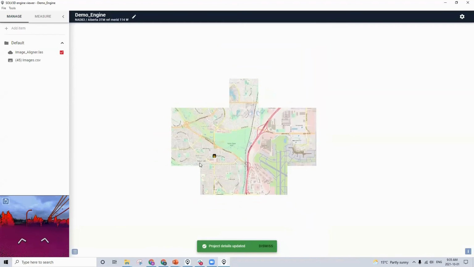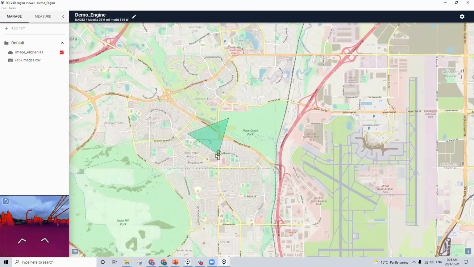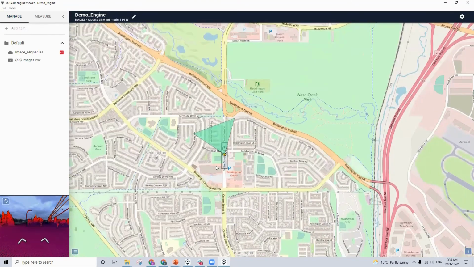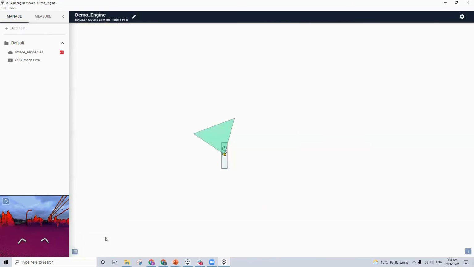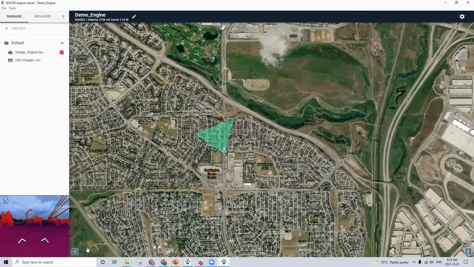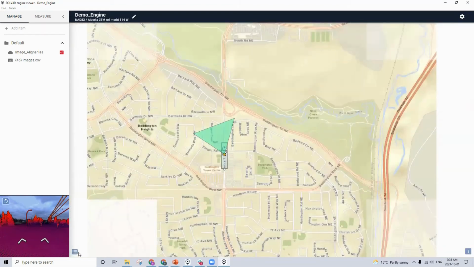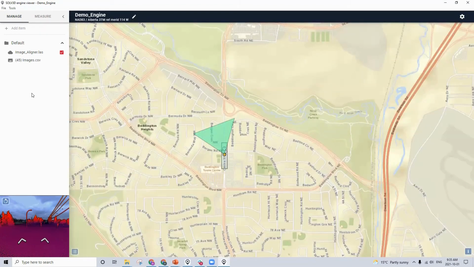Oh, I see. The aerial view just changed, and we're now in Calgary, which is where this data set is actually located. Okay. Down here at the bottom in aerial view, right now we're looking at OpenStreetMaps. We can look at the ArcGIS world imagery, as well as the ArcGIS streets. And as I mentioned off the top, you can actually add your own orthomosaics or overview files if you